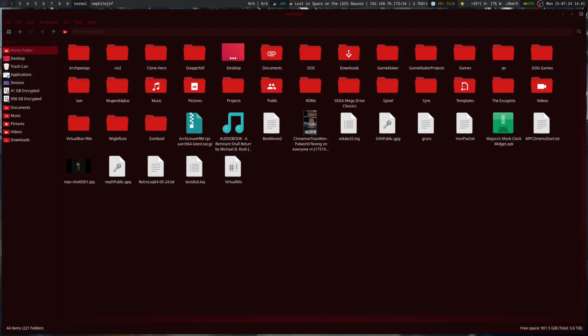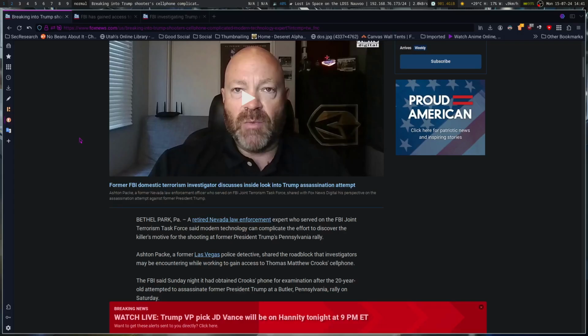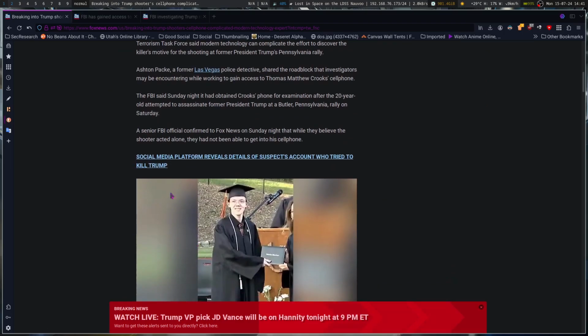So what we end up with is that game of cat and mouse again, where you either have someone that's a little bit smarter and knows what they're doing, or someone that doesn't quite know what they're doing. So this guy here is talking about how most modern operating systems for mobile, the two major ones, have more intrinsic settings that automatically encrypt things and make it harder to get into devices that way.